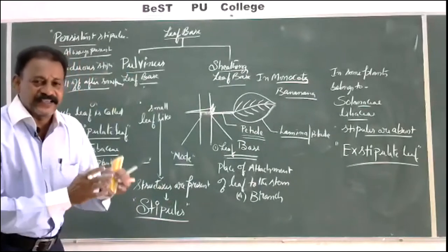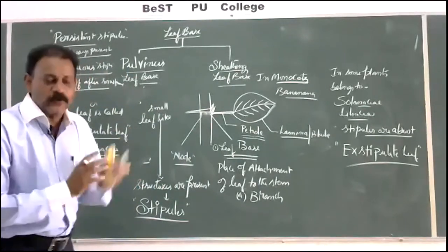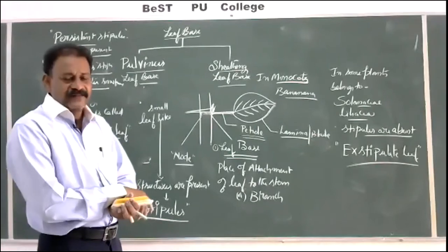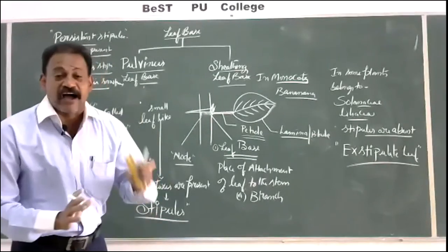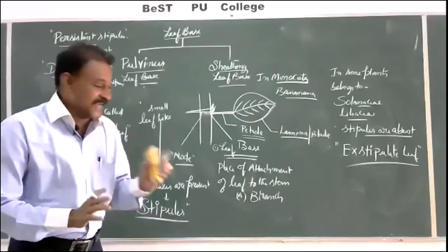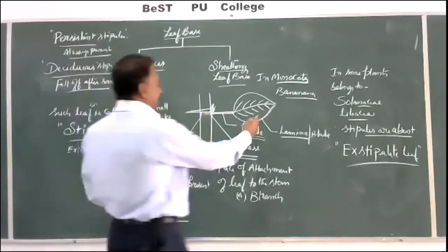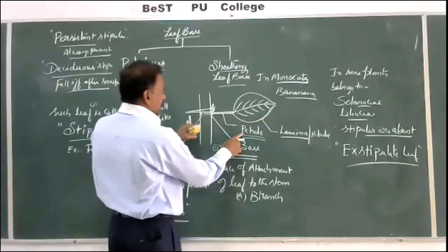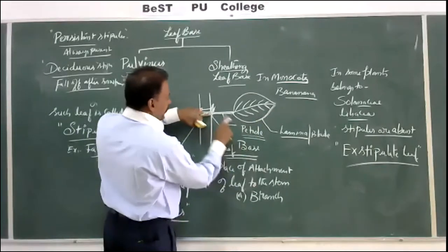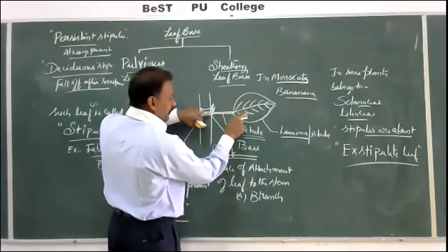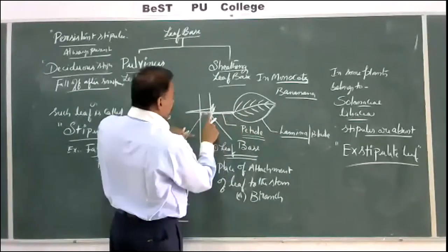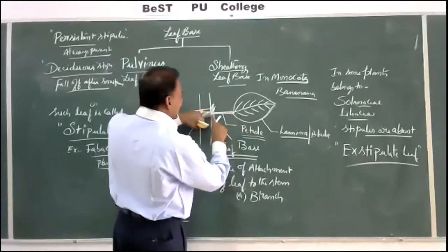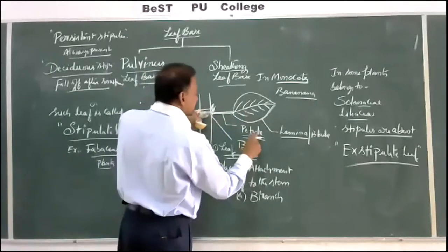One of the following is correct with petiole. What is the location of petiole? Petiole is the stalk of the leaf which connects the base with the lamina. Petiole, listen carefully here. Petiole is the stalk of the leaf which connects the base with lamina. So the connecting link between base and lamina is called